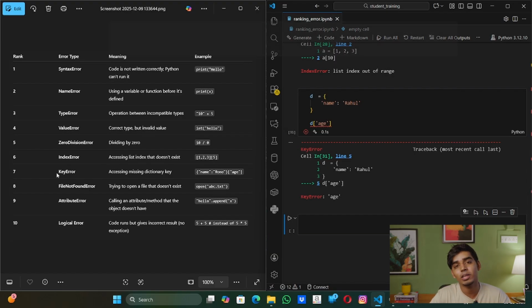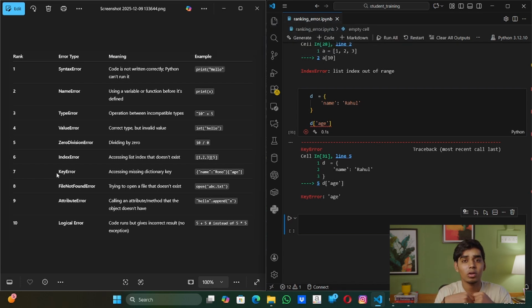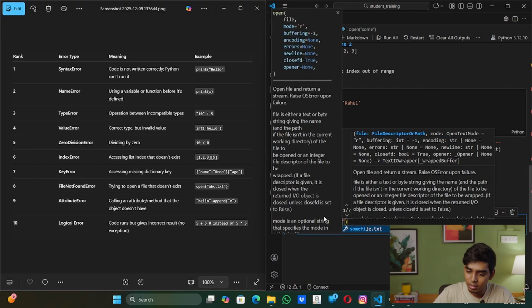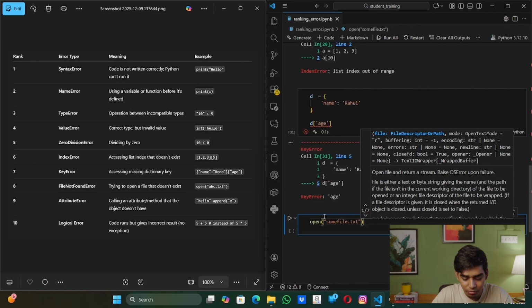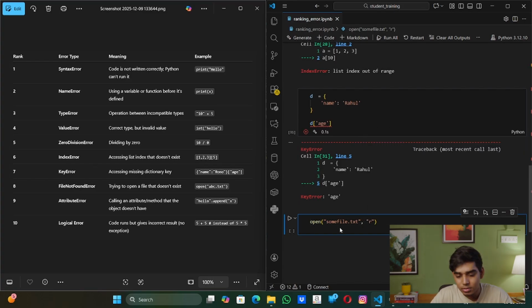Then we have file not found error. This one is very common. Whenever you try to open a file from your local system, you might give a wrong address, or maybe the file is corrupted or something like that. So you might have come across this very commonly. So if I say open, you're trying to read a file. So I'm saying some file dot txt. I'm giving the extension as a text document file, and then I'm gonna say read. Now if I run this, you can